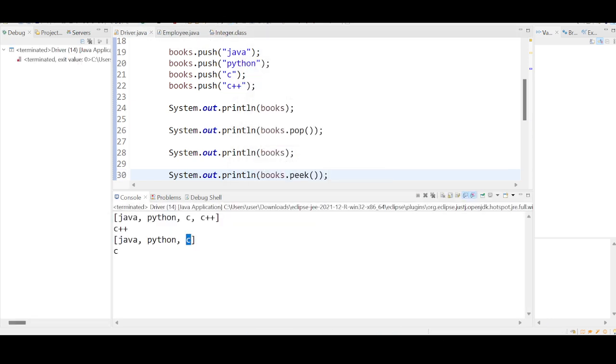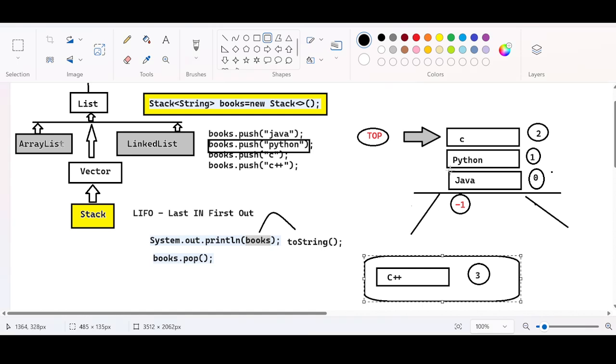Now what is the recent topmost element? Go back to the diagram. Okay, what will the peek method do, guys? The peek method will return the topmost element. It is like arranging some books in the form of a stack. If you want to see from the top angle, what is the book that you can see? This time I am able to see the book by the name of C language, right? This book is visible to me when I look into the stack from the top angle,